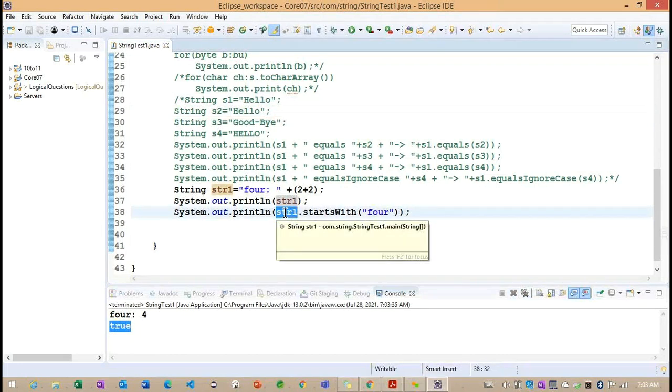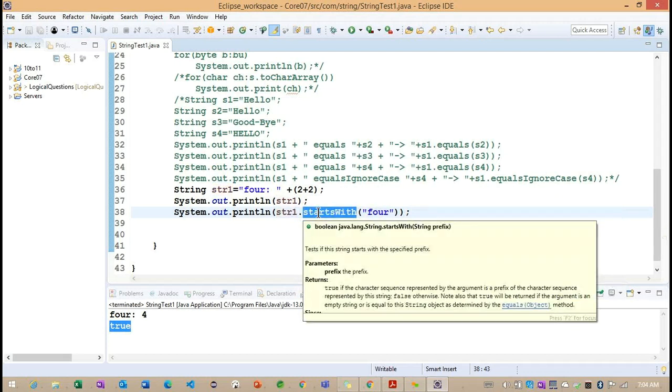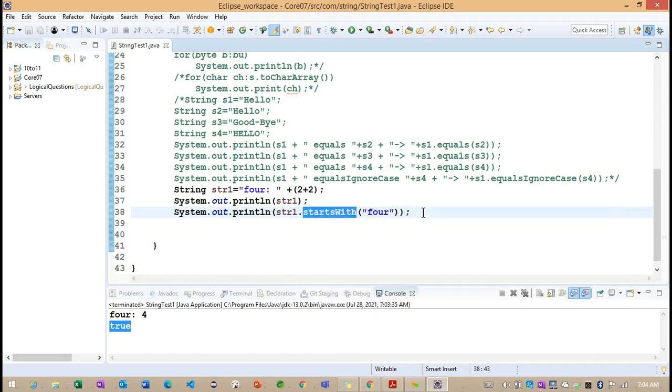Because this str1 string is starting with this string message. This is very important. To find out whether a given string starts with a particular message or not, we can use this startsWith method.